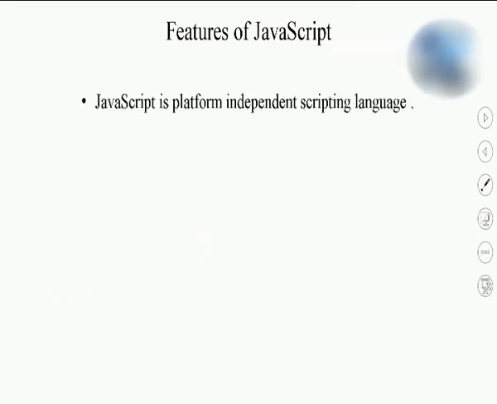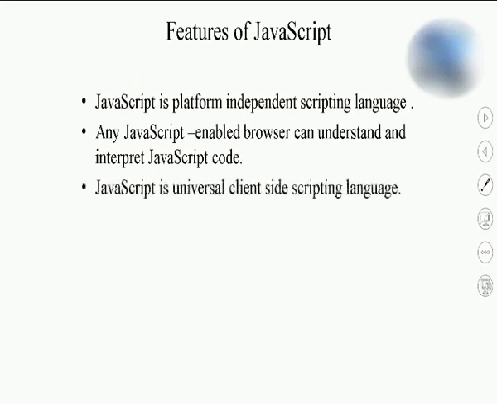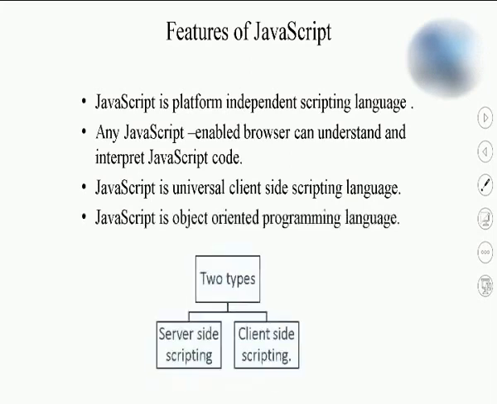Now students, JavaScript is platform independent. You need to remember this one also for true and false statements. Platform independent means you can make use of JavaScript on Linux, Unix, or Windows operating systems. Whichever operating system it is, JavaScript can be used. That's why it is called a platform independent language. As I said, JavaScript can be executed by the browser. JavaScript is universal. Already we have seen that.